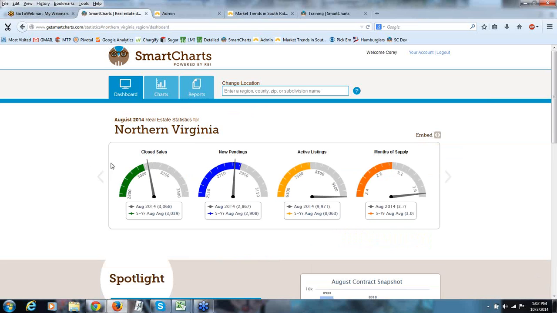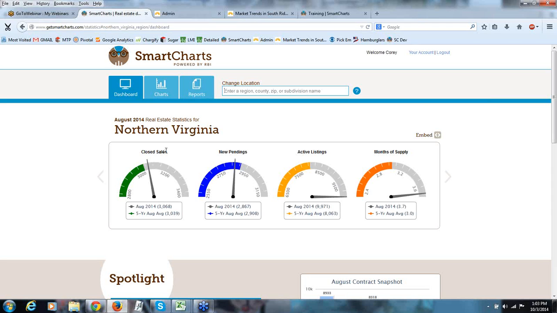These give us a sense of how the most recent month's market performed relative to that same month over the last 5 years. While you may have heard some of the reports, obviously we've been putting out our reports about how sales aren't where they were in the DC metro area in 2013. 2013 may have been the high water mark, but this also will give you a sense of how the most recent month's sales compare to the 5-year August average. And we can see we're still above the 5-year August average, even though we're not hitting the 2013 marks for